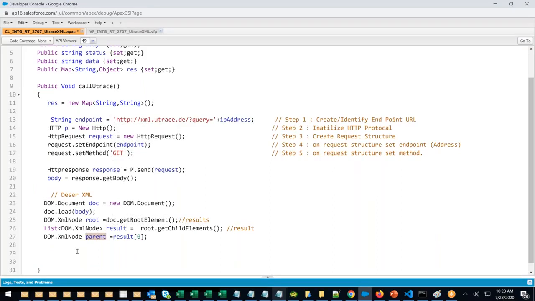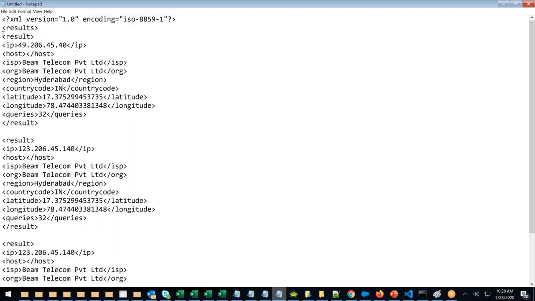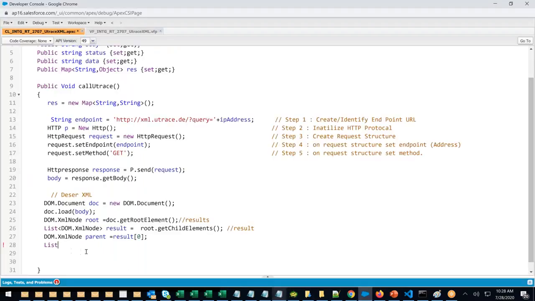Now I will create a list again, because the system is now giving me the first one, 0. It has given me so many data inside that. So what I'm doing, list of what? Once again, I'm taking dom.xml,